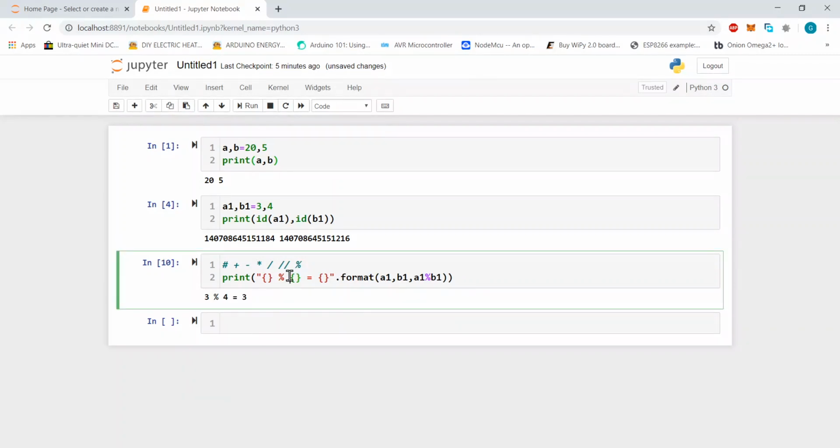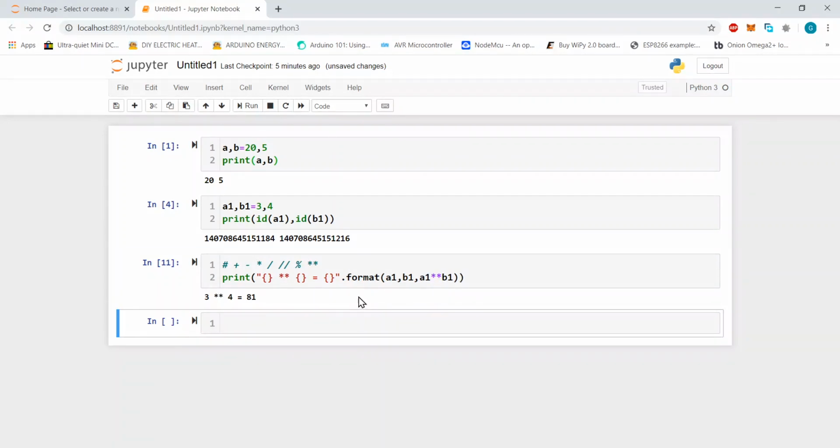Then next is power. For calculating power, we will use the double asterisk sign. So here A1 into B1, so 3 raised to 4, that is 81. So this is how the arithmetic operators can be used. Now